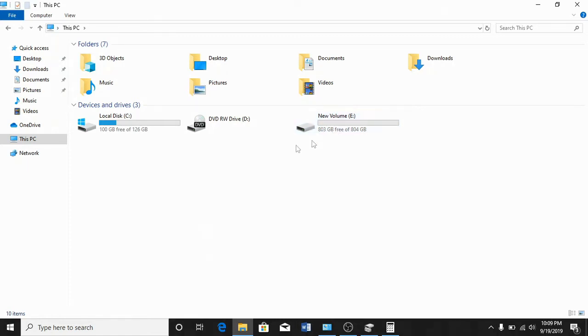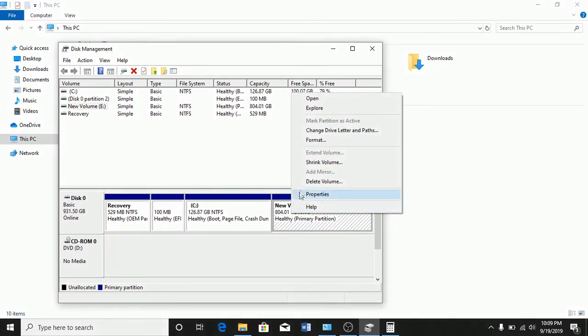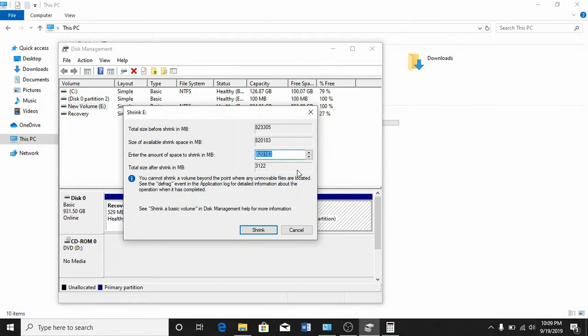I would like to further shrink volume E or disk E to create another partition. Therefore, I right click on volume E or disk E, then click on Shrink Volume. Drive E is 800 GB in size and I want to shrink it to 500. So I launch the calculator app,